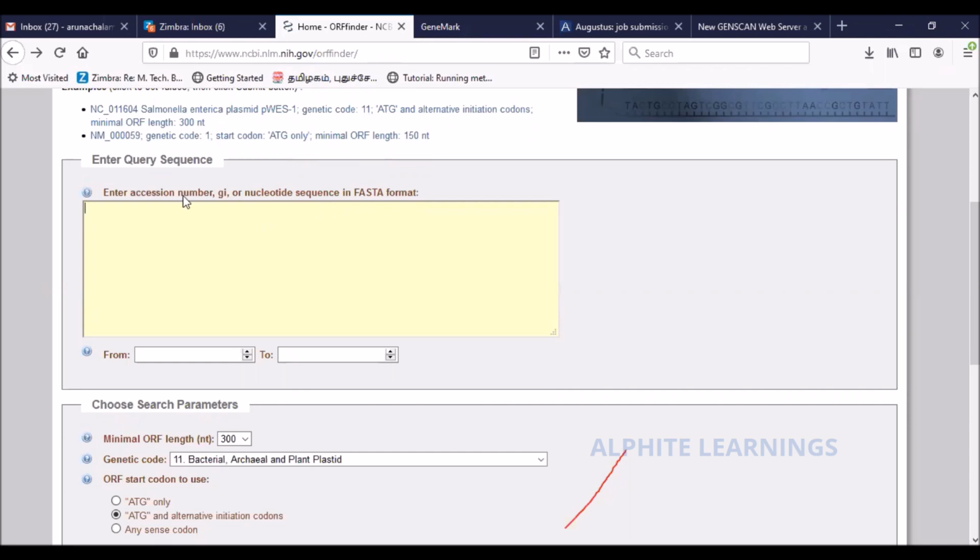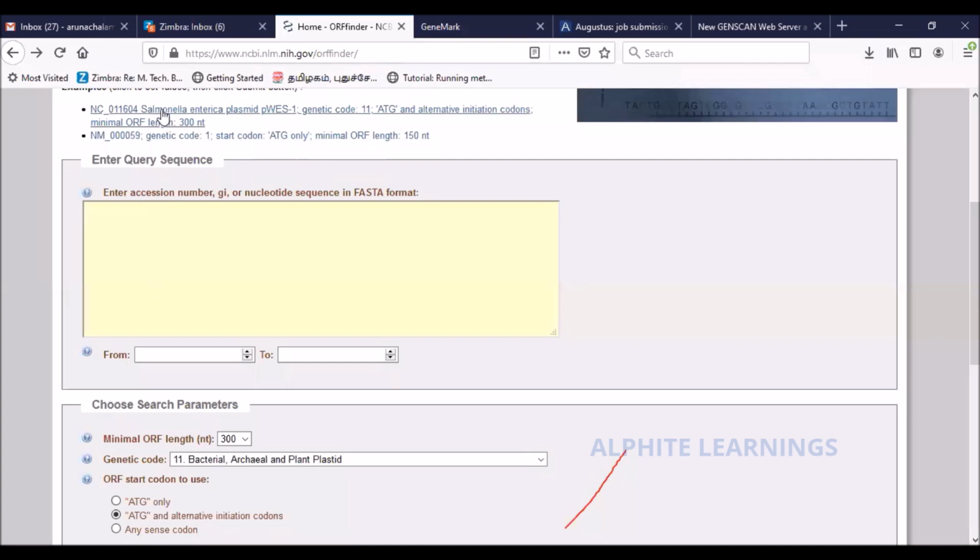It doesn't matter. If it is already there in the database and you know the accession number, you just give the accession number in this column.